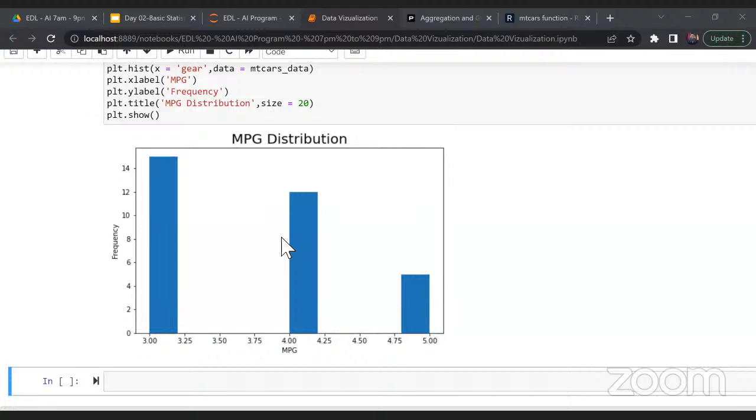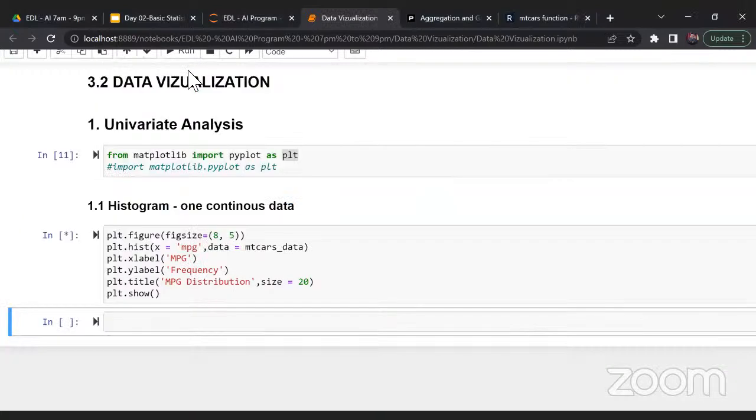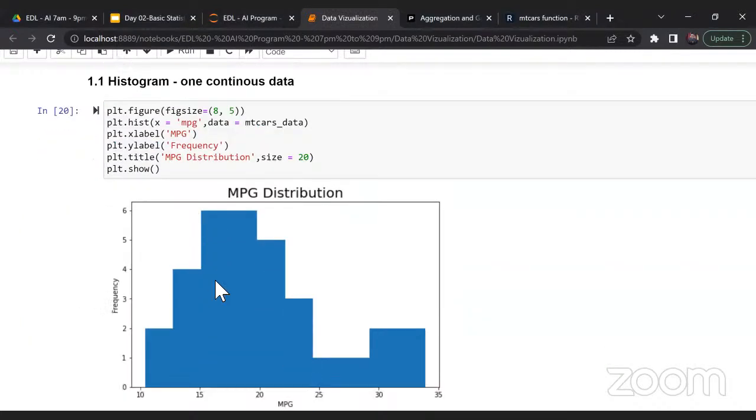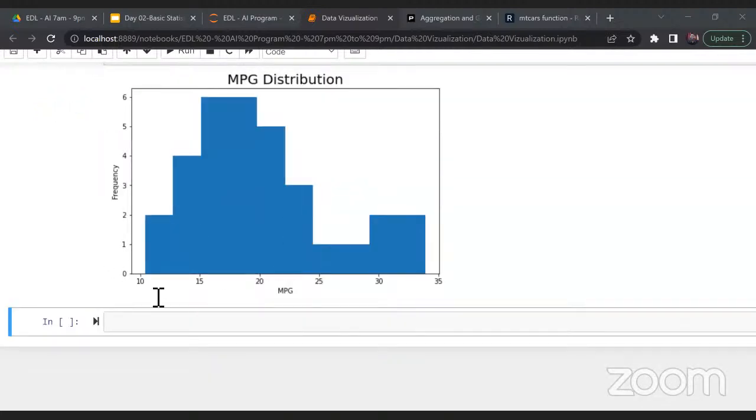So why we have to look at histogram: to understand the distribution of one continuous data type. So you have to go with one continuous data type. So mileage per gallon makes sense. Able to get my point? What I'm saying? All right. Now, what if I wanted to know about